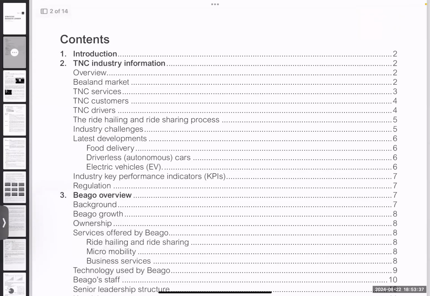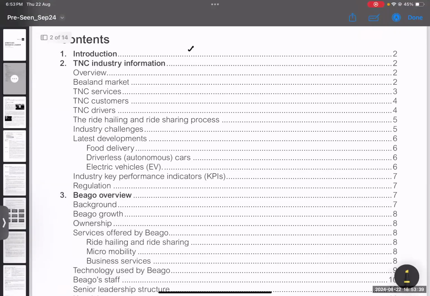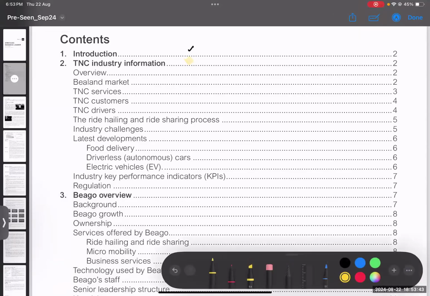So first we have been given the introduction, then we have been given the TNC industry information. They will let us know how this industry will operate and how this industry is going to work. Then it says